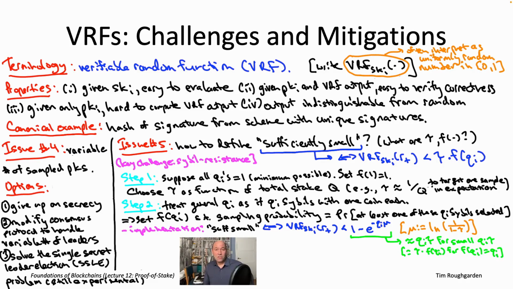I think it's also instructive to just see this formula in action a little bit to connect it to Sybil resistance. So as a thought experiment, let's think about someone who owns Q coins, like say 12 coins, and is contemplating representing itself with 2 public keys with stake amounts Q1 and Q2, which sum to Q. So like 5 coins in one, 7 coins in the other.